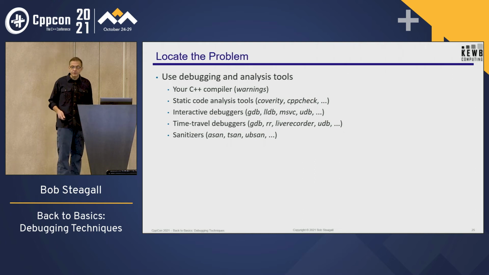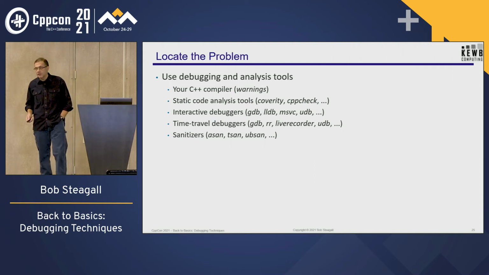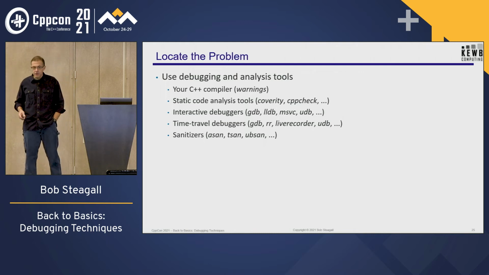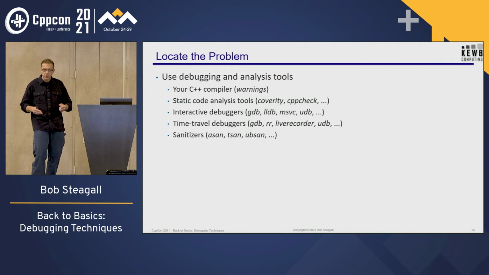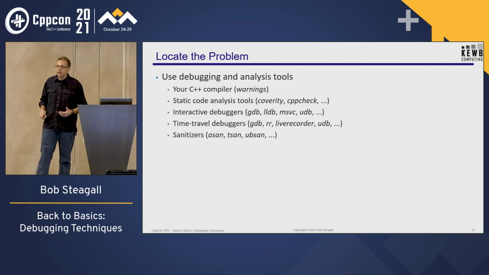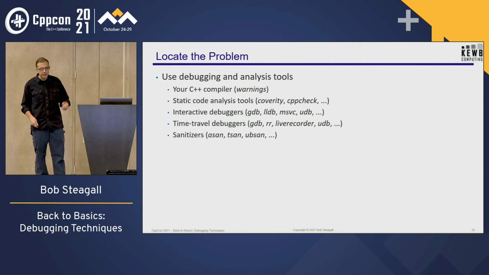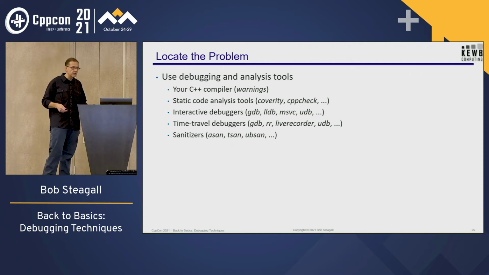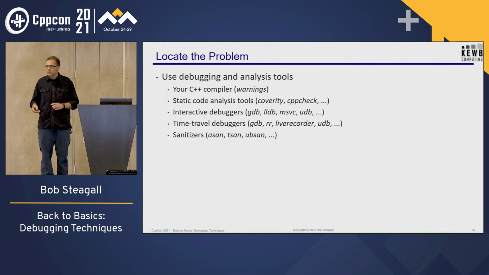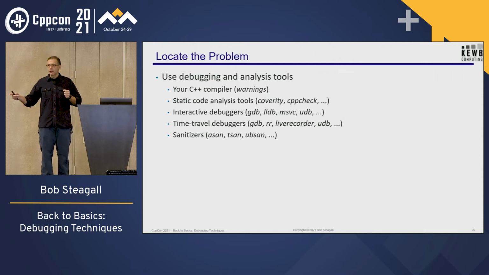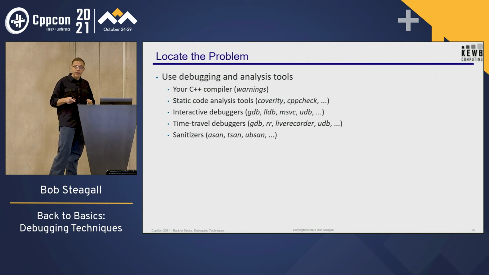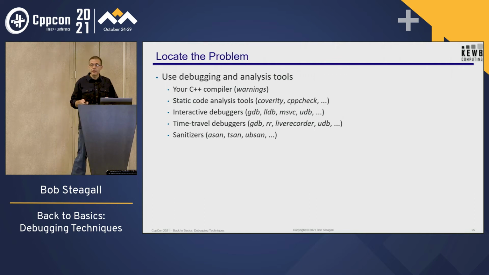There are sanitizers: the address sanitizer, thread sanitizer, undefined behavior sanitizer. These are things that you link into your program as you're building it, and they instrument the code. While your code is running, they can detect problems. They can detect memory leaks, race conditions with threads, and places in the code where you're exhibiting undefined behavior. For example, if you've got an array of values and you're forming a pointer that is outside of that array, that's undefined behavior. On a lot of platforms it'll work and you'll never have a problem, but on some platforms it doesn't.